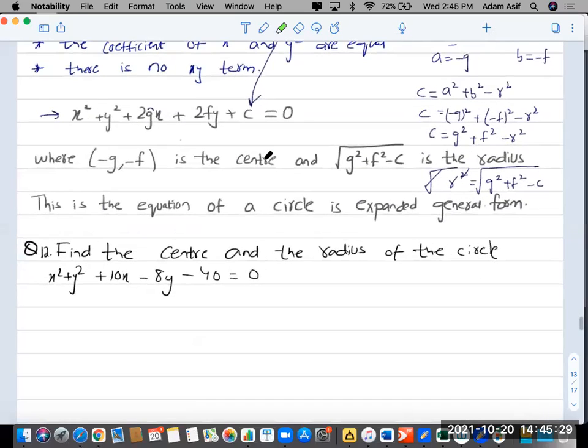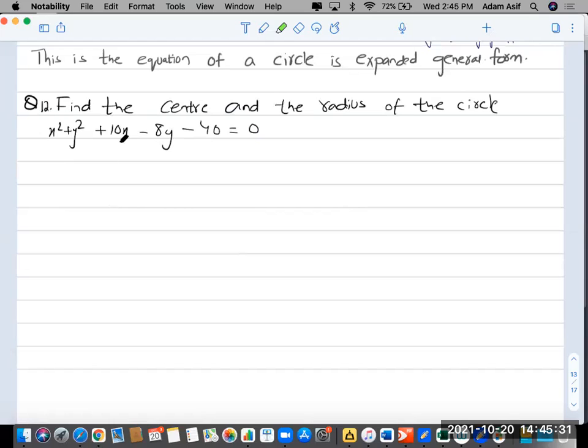तो अगर आपके पास ये equation दी हुई है, x square plus y square plus 10x minus 8y minus 40 equals to 0, and they are asking you to find the center of the circle and the radius of the circle, and they have given you the expanded form. Okay, how do you identify that this is the equation of a circle? एक तो ये question कह रहा है, but let's say you are just given x square plus y square plus 10x minus 8y minus 40. The coefficient of x square and y square are same, and there is no xy term, so that represents the equation of a circle. अब इस expanded form से मेरे पास center कैसा आएगा और radius कैसा आएगा?